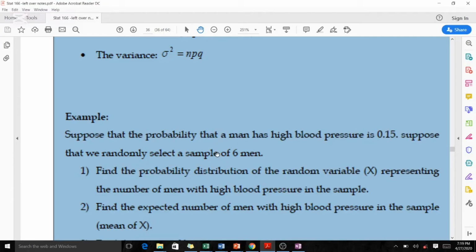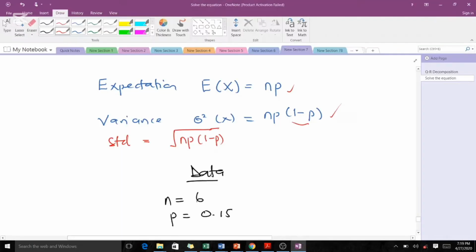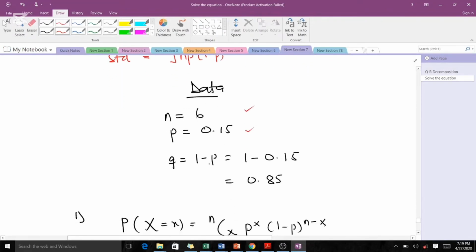From just reading these two lines, we have our p and also our n. So let's solve it. Our n is 6, our p is 0.15, and our q, which is 1 minus p, is 1 minus 0.15, which is